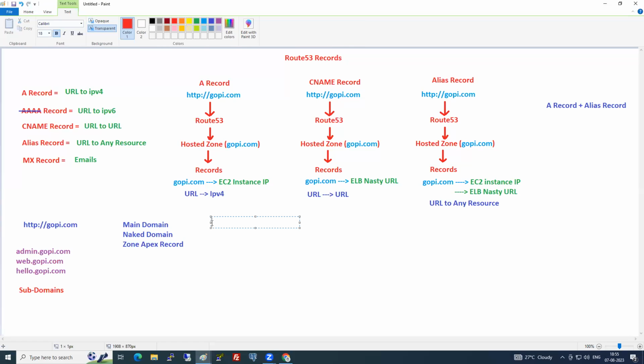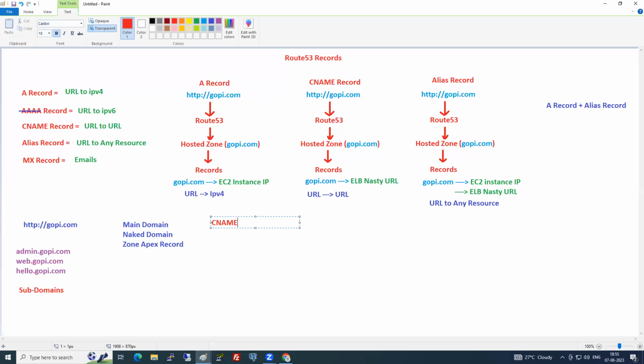So why I'm saying all these things is, now you might have a question: which one should be used, CNAME or alias? Because both look similar. So I'll tell you one reason and you will decide which one to use.